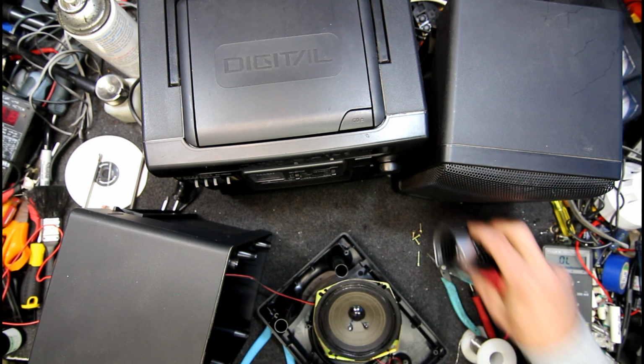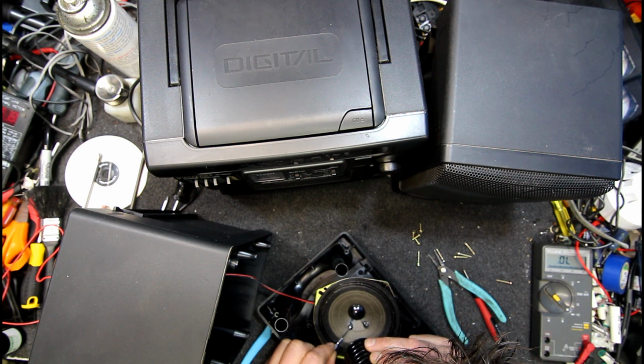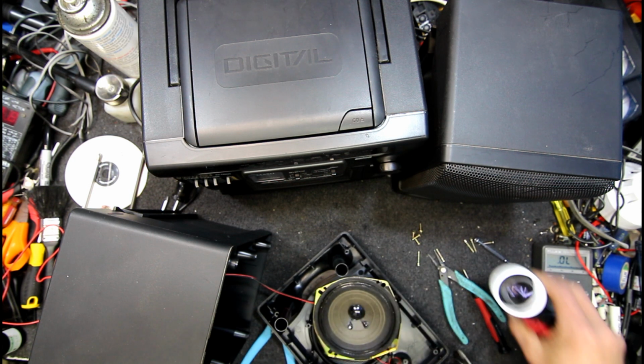God, you can barely see a thing. It is the tiniest little wire. That's the end of it. Oh, there it is. That's definitely it. And I've definitely disconnected it. Or it was already disconnected, floating in the air. Let's...